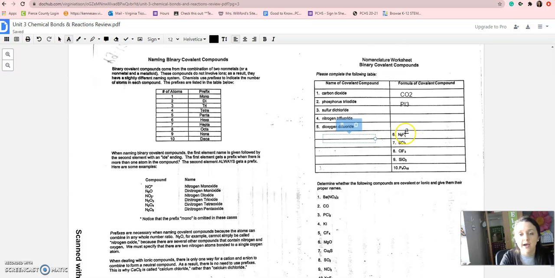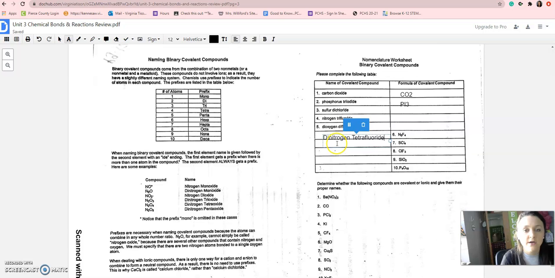So I have 2 nonmetals. I can use prefixes. So I've got 2 N's, so dinitrogen. And I've got 4 fluorines. So I come up here to my chart, and 4 is tetra. So it'd be tetrafluoride. And I spelled it wrong. Can make it longer so it fits there. All right, and then we could look at